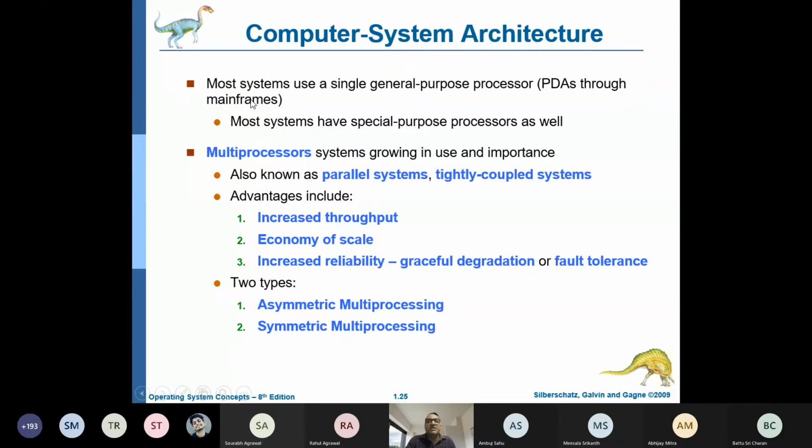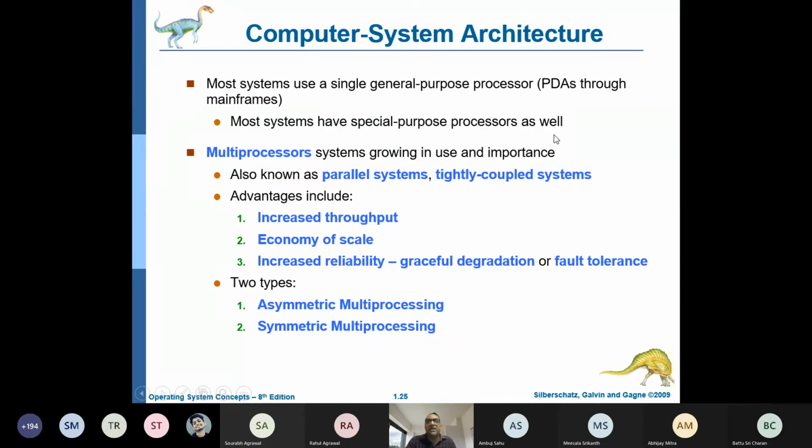So here, as you mentioned, most of the earlier systems have a single processor, which is a general purpose processor. It means that it performs all types of activities like arithmetic operations and other operations also. Only one processor will be there, and all the applications supposed to be run by the system will be taken care of by the same CPU. And along with that, there can be some special purpose processors also.